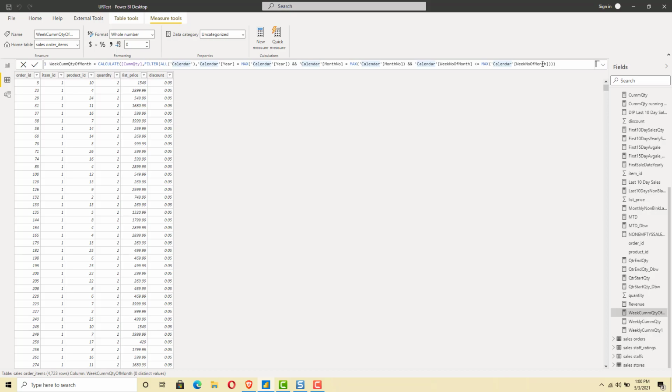So if we are in the third week, it will go to the start of the month, take the first week from there, and from the first week till the end of this third week, it will take the entire dates and calculate the cumulative quantity on top of that. So we will end up getting the cumulative calculation of the quantity from the start of the month until the completed current week.